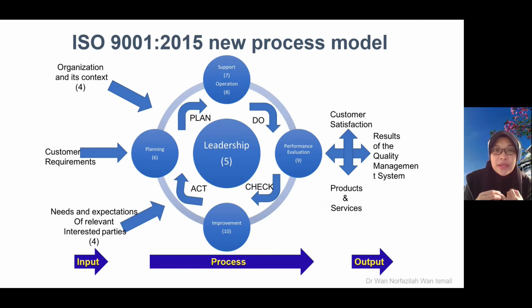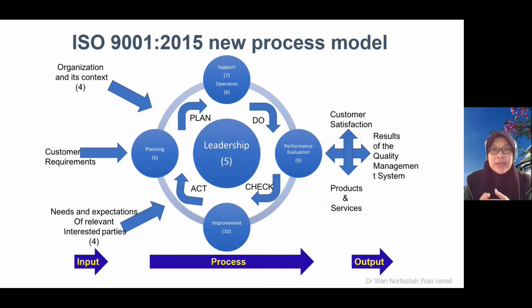Okay, how many coffee machines you need, that is under planning. Okay, and then support and operation. Support, one of them is your barista, coffee machine. Operation, how the coffee machine operates. Okay, and then we have performance evaluation. You need to evaluate the performance of the barista so that you can sustain your coffee company. Okay, Starbucks tadi.